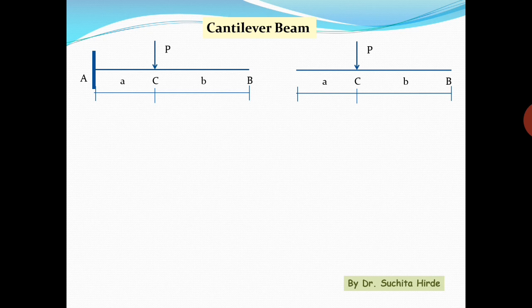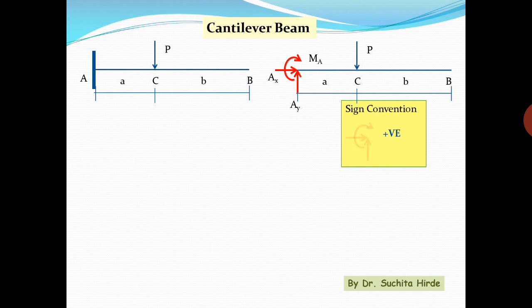Now you know that at fixed support, the point A cannot move in vertical direction and it cannot move in horizontal direction, and also it cannot rotate, and therefore there will be a vertical reaction AY, horizontal reaction AX, and a reactive moment MA. Now we want to apply the equilibrium conditions to this beam. So to apply equilibrium conditions, we need to assume some sign conventions. That means which forces and moments we should take positive and which are negative.